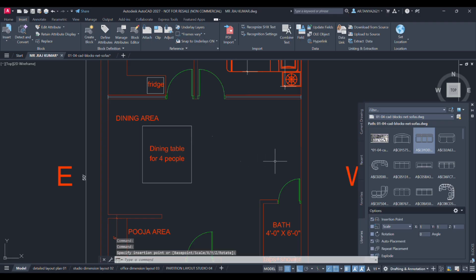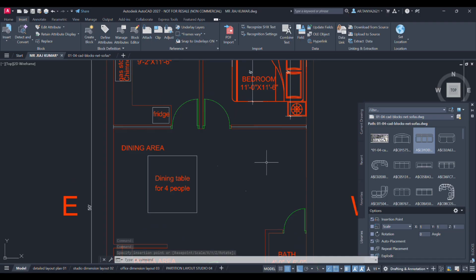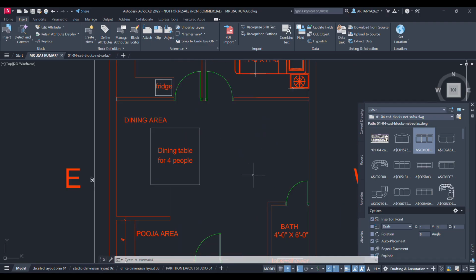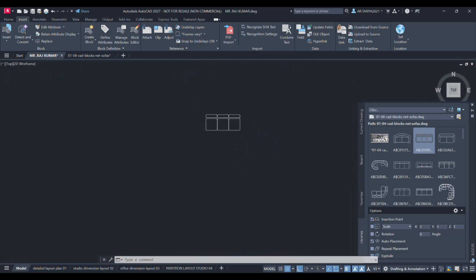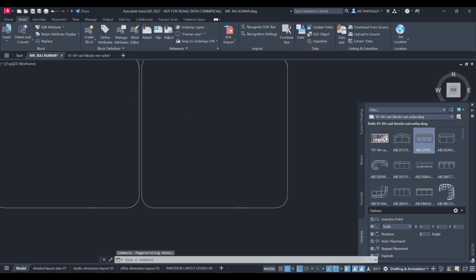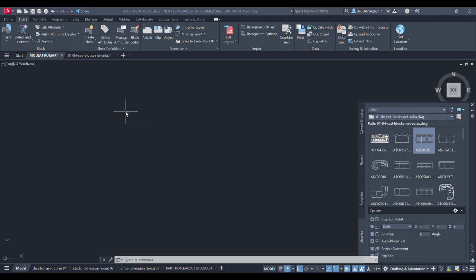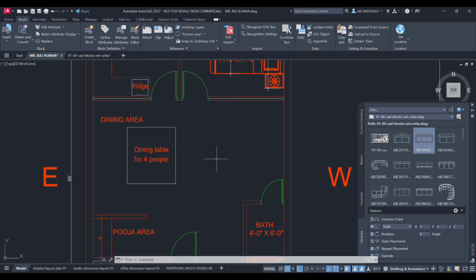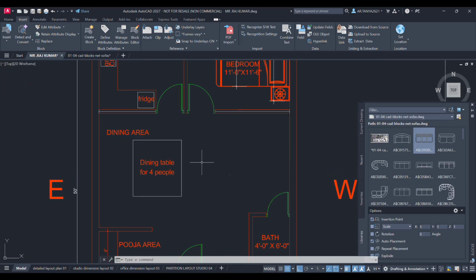You can see the scale of the drawing which I have just imported. Let me zoom in. We can barely see this furniture in this drawing because the drawing units of the imported file are mismatched. They are not matching with the current drawing. That's why we should inspect our drawing units with the distance command before importing into some other drawing.